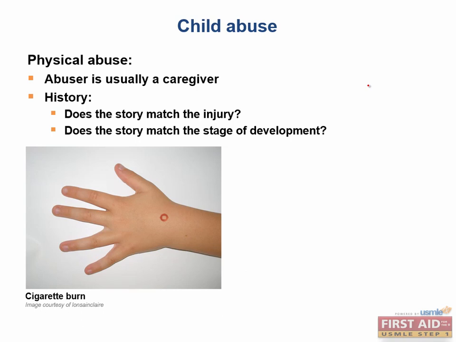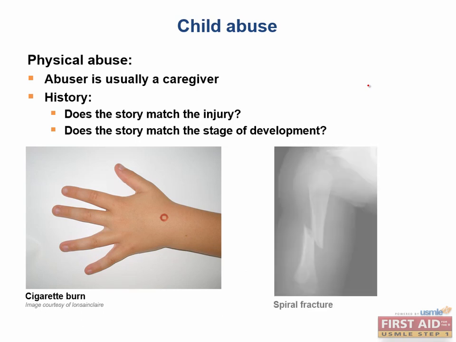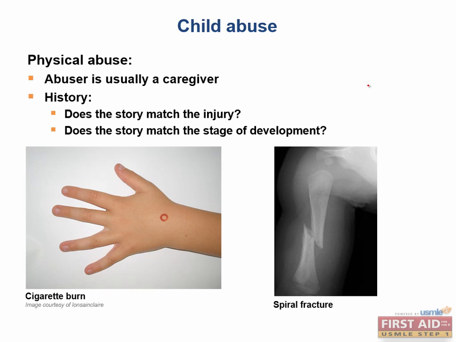Spiral fractures is another common buzzword that you hear in relation to physical abuse, but what actually causes a spiral fracture? It's actually pretty intuitive. Spiral fractures involve long bones, most often the humerus, when the arm is grabbed and twisted. If you see multiple fractures in different stages of healing, that's extremely supportive of abuse over a long period of